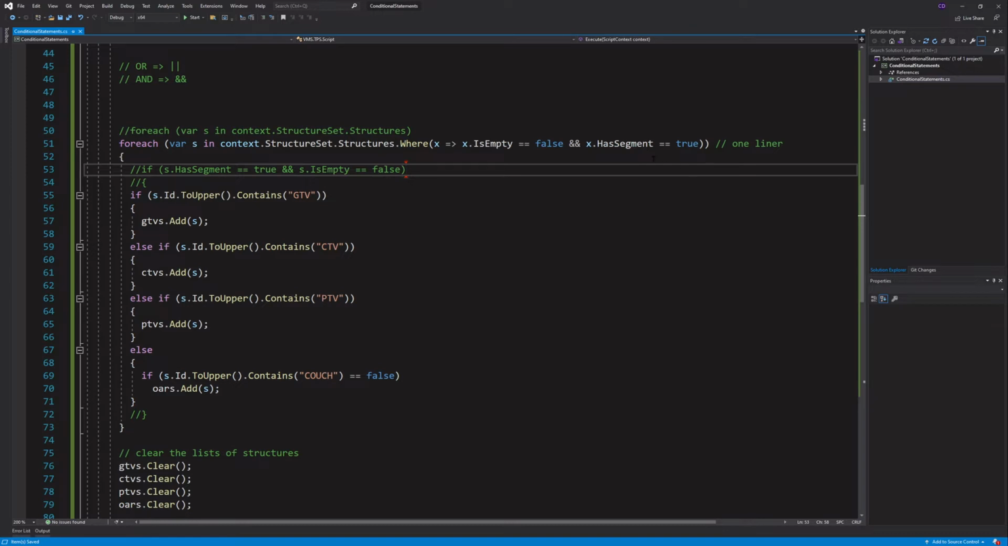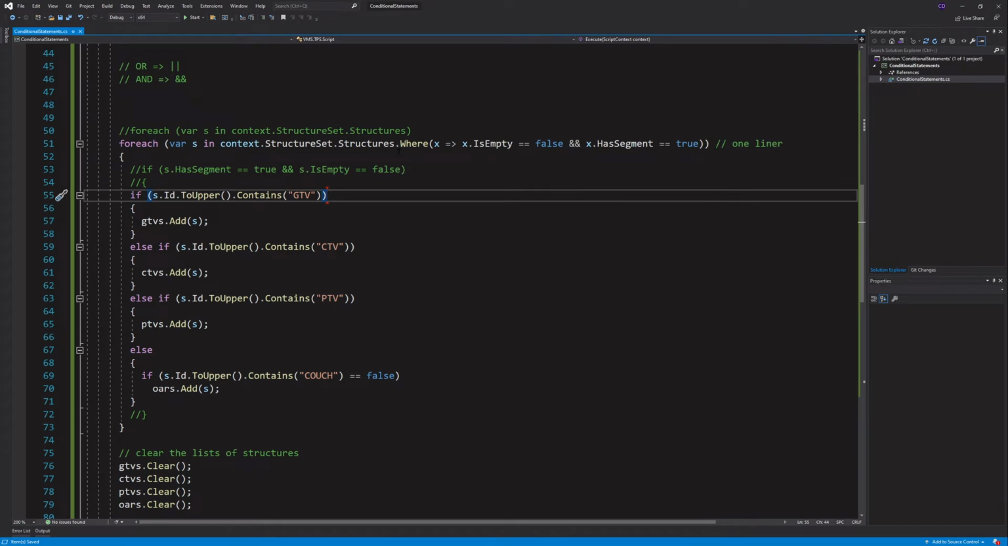Okay, and then has segment, right? Has segment is a little more straightforward because the result of it would be true if it has a segment. So it's a little easier to use, right? If it has a segment, we would just know, okay, that makes sense. It would be true. Okay, so that's just an example of a single line filter. So for each structure that is not empty and that has a segment,